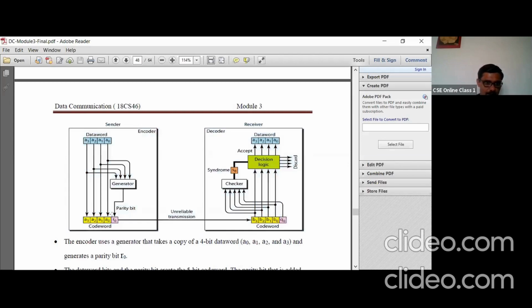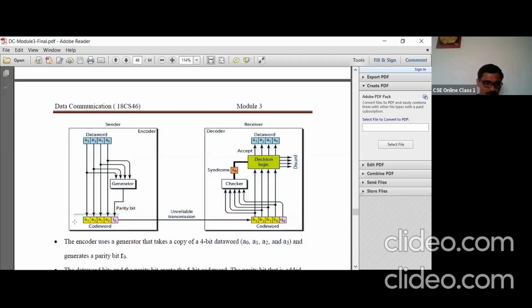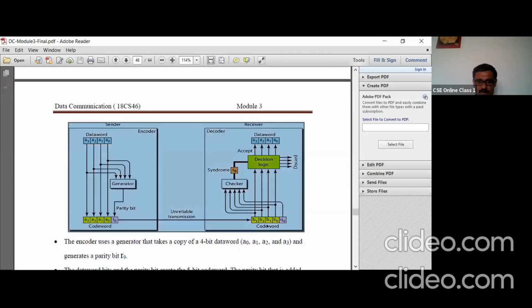Or in other words, if the data word part has an even number of ones, then your R0 will be 0. Therefore, in both cases, the number of ones in the code word will be even. That will be sent to the other side, the receiver side.